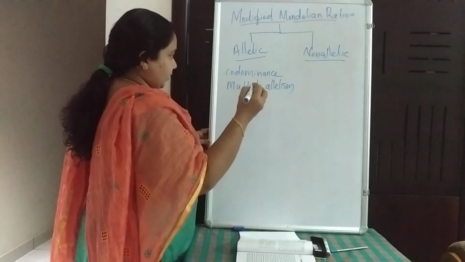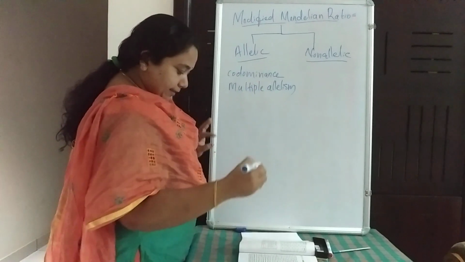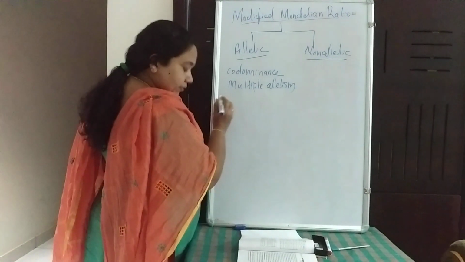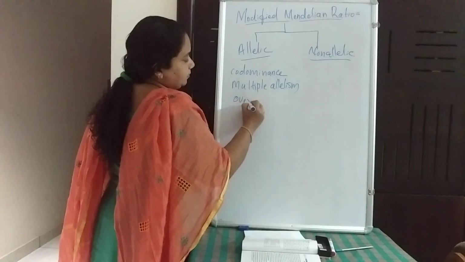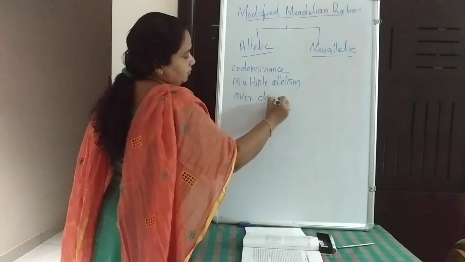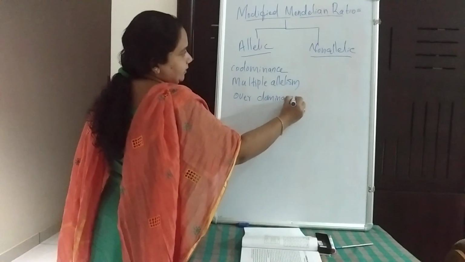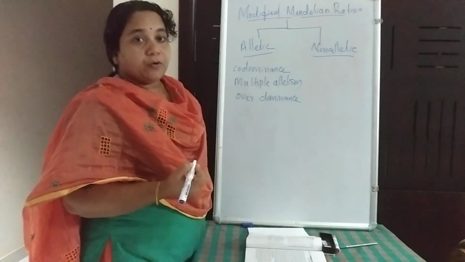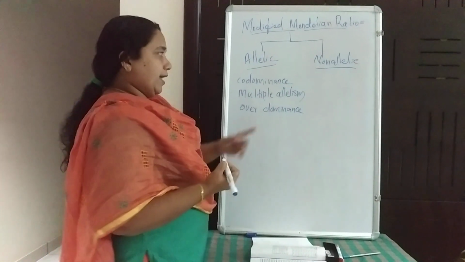Then there will be overdominance, etc. Then examples for non-allelic interaction: